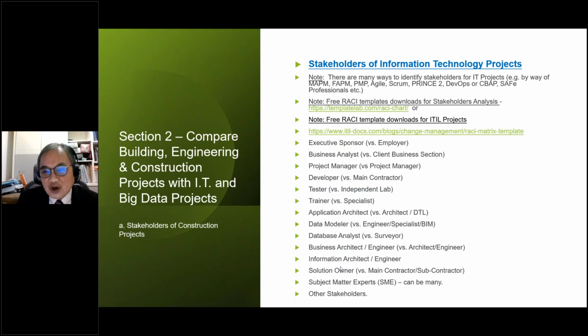But in terms of an IT project, normally the type of the stakeholders may be different, and we may be looking at the sponsor, the BA, ourselves as the PM, the developer or the vendor, the tester, and also the specialists in the IT team.